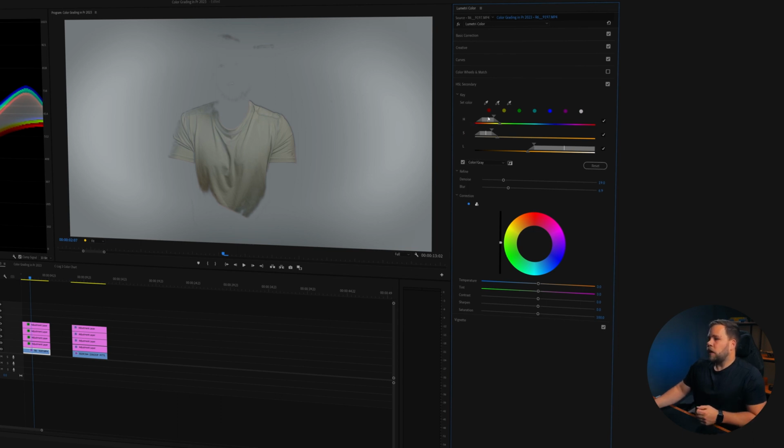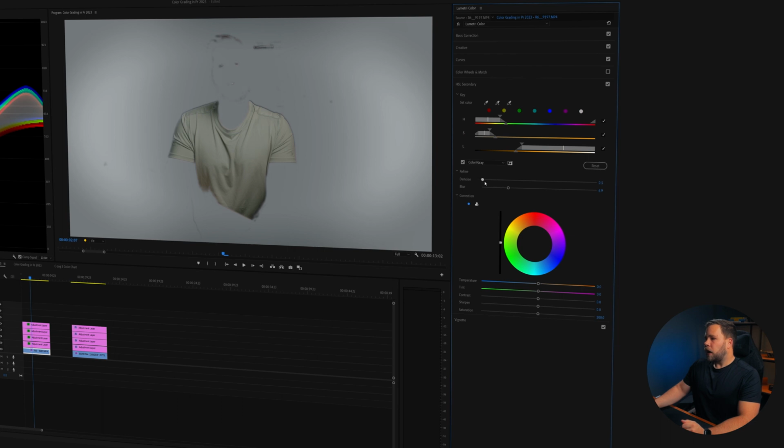And so H stands for hue. And so by opening this up or clamping it down, you're selecting the hues below it. And the second one here, S, is saturation. So if I want just the desaturated parts of the image, or I just want to select the saturated parts of the image, this is how you would do so. And right now we're just trying to select my shirt, so we want to avoid selecting my face. And then L is luminance. So if you want to select the dark parts or the light parts, a very confusing tool at first, but the more you use it, the easier it gets, and it's just basically second nature